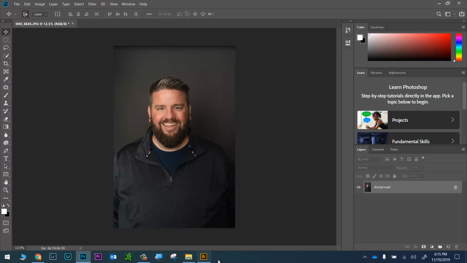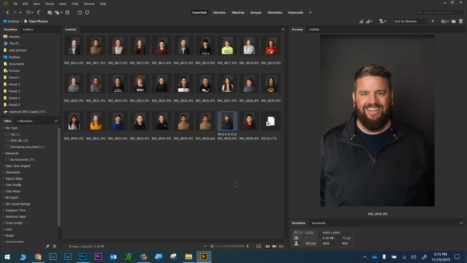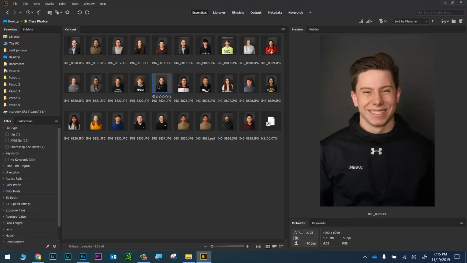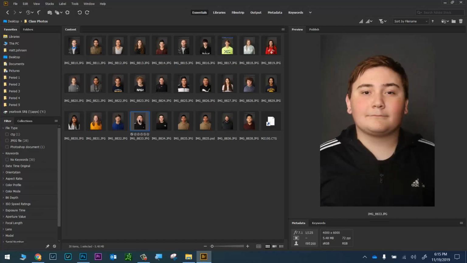So the next thing I want to do is go back to Bridge. And I'm going to start with the eyes. I want to find out whose eyes I want to put onto my face. I'm going to try to find somebody who has a similar skin tone to me, just because that makes life a little bit easier. So let's use this young man right here. So I'm going to go ahead and double click on this one as well to also open that one up